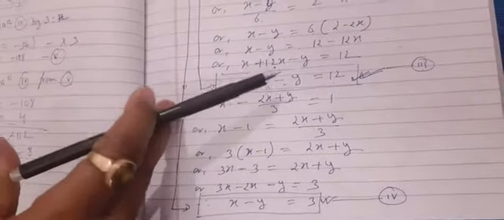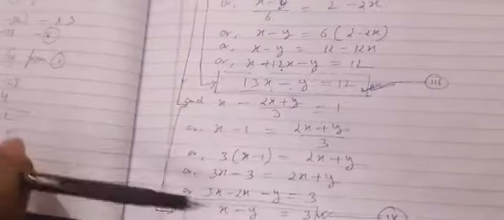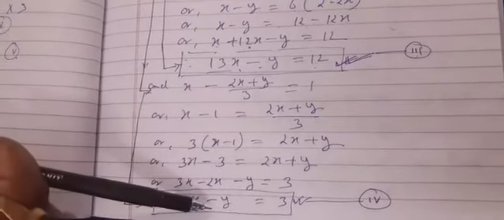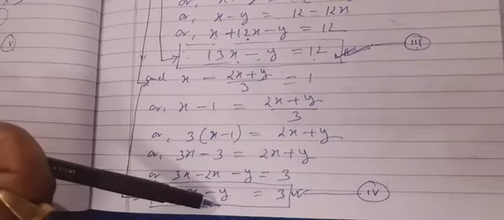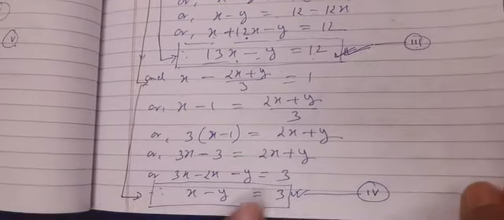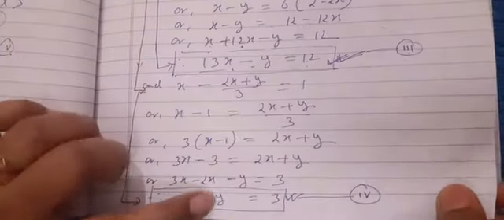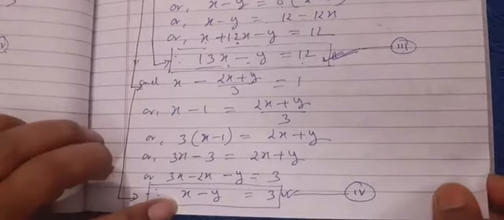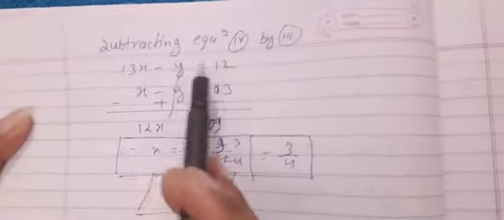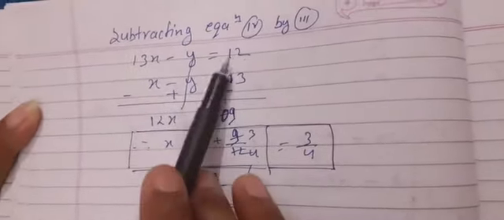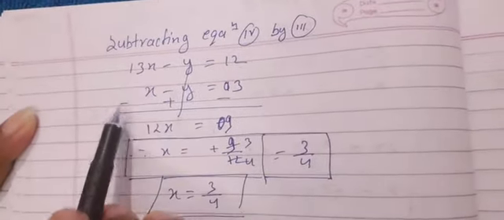Now if I compare these equations, I can see here is minus y and here is also minus y. No need to multiply any number in these equations, because only by subtracting we can eliminate y. So I will subtract either equation 4 from 3 or equation 3 from 4, so that I can eliminate y, and then only x will be left, so we will get the value of x. So let's see what I have done here. I haven't written anything about multiplication. Directly I have started subtracting equation 4 from 3.